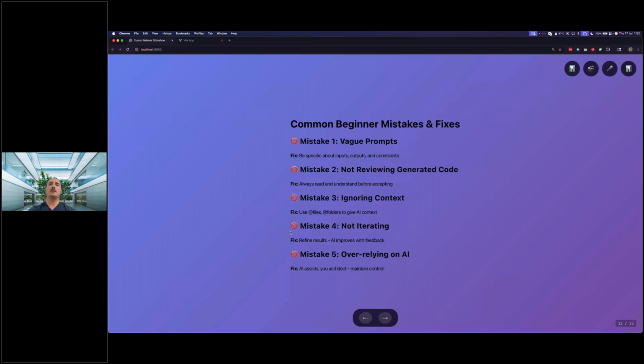Another usual mistake is trying to build everything in one go and not trying to iterate. So if we want to do something really ambitious and build a lot of functionality in one go, there is a really high probability that it's not going to go as we expected. Either the code is not going to be the best quality because it might try to cover too much at once, and then it will forget some of the rules that we